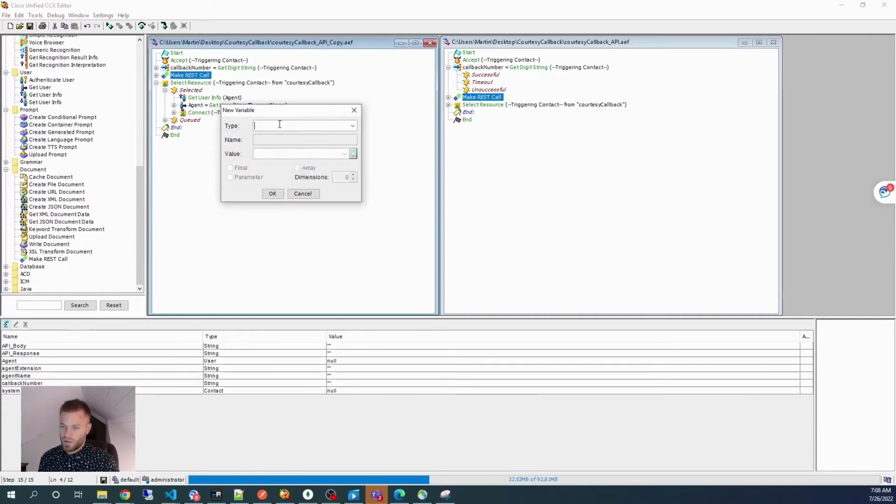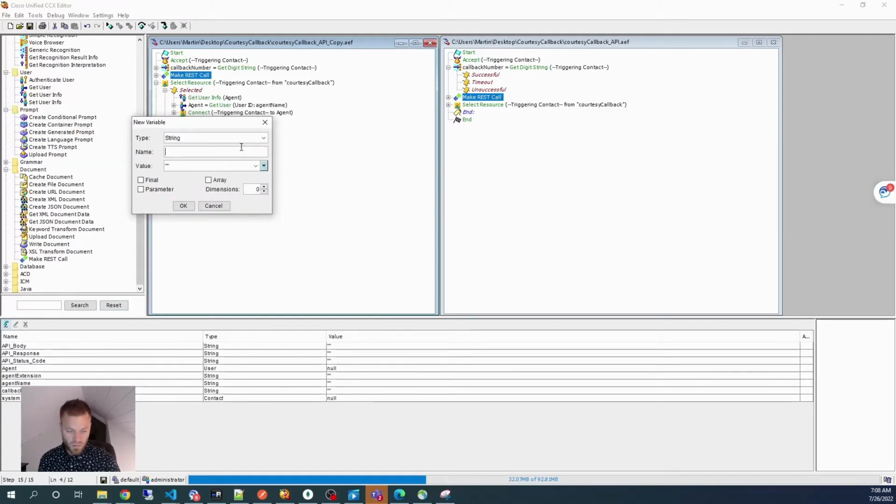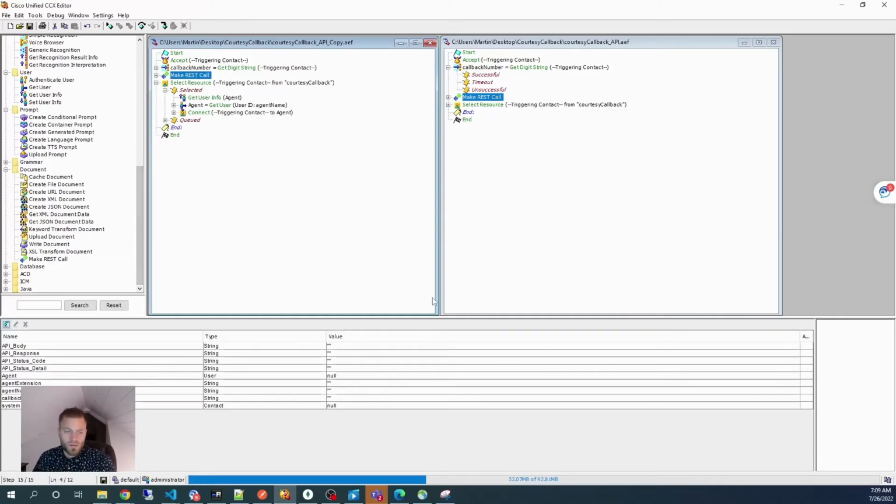String, okay, yep, string, API underscore status underscore code, okay, and another string, and it's going to be API underscore status underscore detail, and OK. So now we can go into this right here,